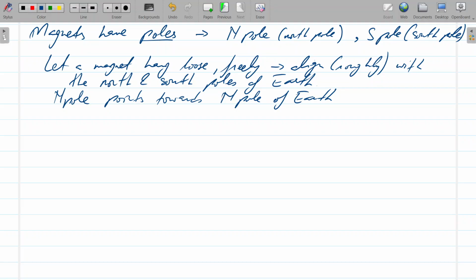Right, and this property of the magnet is what is used in compasses. So have you ever seen or used a compass? Yes. Right, and so it's marked N, S, W, and E, so north, south, east, and west, and then the needle in it. One of the needles is either red or has some mark on it. And when you align that needle with the marking that says N, so wherever you are,